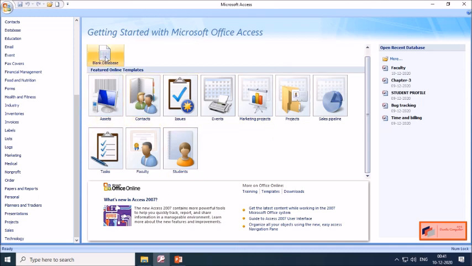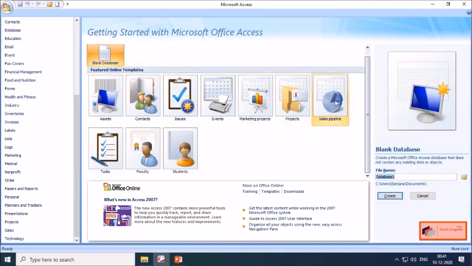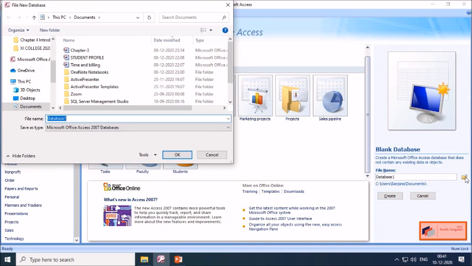So let us see how to create a new database now. Click on blank database. Then you can see on the right hand side it is asking for the file name. You can give the file name over here and you can create a new database. Now below this database file name, you can see where you are going to create your database. Now it is showing here in the C drive you are going to save your database in the document folder. Now there is a yellow folder over there that is called browse. When I click on this, it will ask where you want to save the file. Your database can be saved.